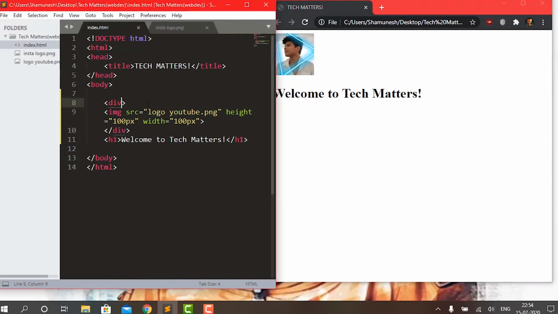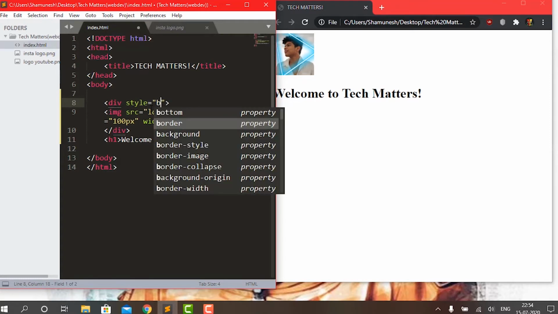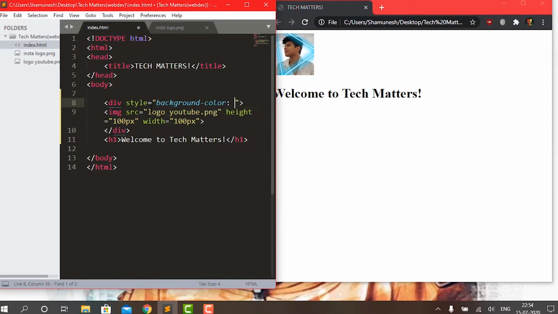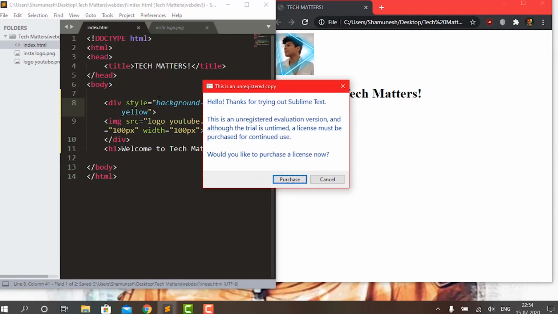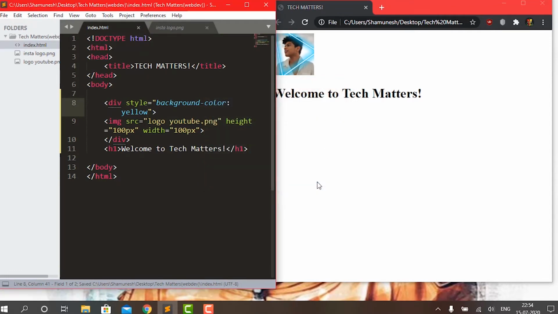So what I'm going to do is, for your visible part, I will write a style attribute. What is the style attribute used for? I'll write a background color, and let me say I'll just background it with any color, maybe yellow color. Yeah, that is fine. And I'll save this. Okay, I'll save this. Don't matter, that's just a simple Sublime